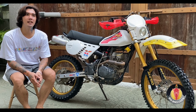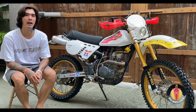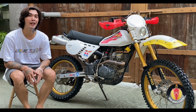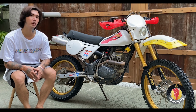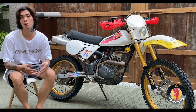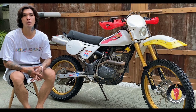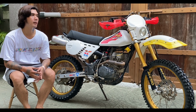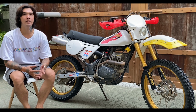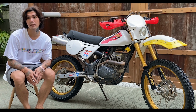I would like to thank Temis Workshop sa Quezon City for helping me build this bike. So, yun talaga yung one-stop shop ko. Everything from aesthetics to performance. Sila tumulong sa akin sa pagmekaniko nito. So, thank you so much for realizing my concept. And ayun, of course, dun sa friends natin na tumulong sa akin ng pag-get ng parts,